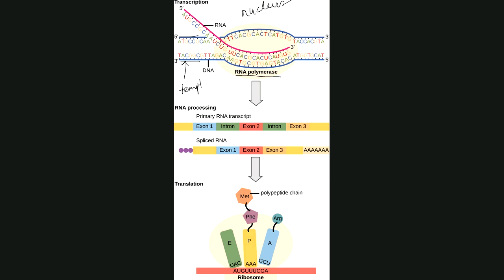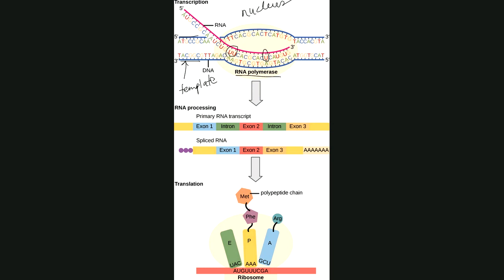And just like DNA polymerase can read DNA in only one direction, RNA polymerase can read DNA in only one direction. It reads the template in the 3' to 5' direction. Therefore, the new mRNA strand is produced from the 5' to the 3' direction. And remember that the mRNA has U's instead of T's because RNA doesn't have thymine.